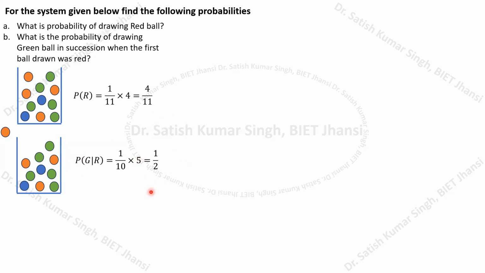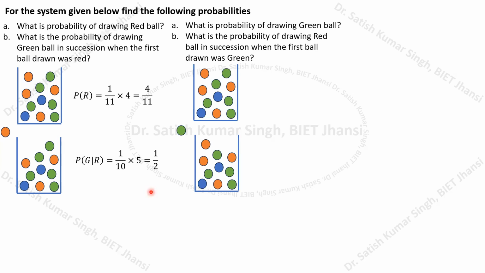Now try to consider another experiment, which is just the reverse of your first experiment. If we do this reverse operation, try to understand again. Let us say, what is the probability of drawing a green ball? Here the system remains the same. Let me ask you, just perform this reverse experiment. What is the probability of drawing a green ball?